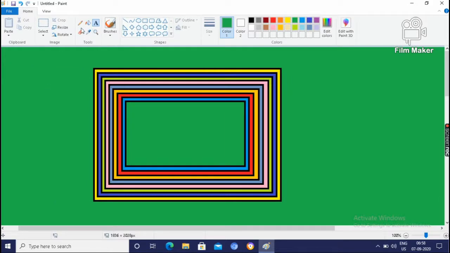And what about the resize tool? You can resize it, and you can use the brush tool and write something. You can write my name. Just drag the mouse by pressing the left button.